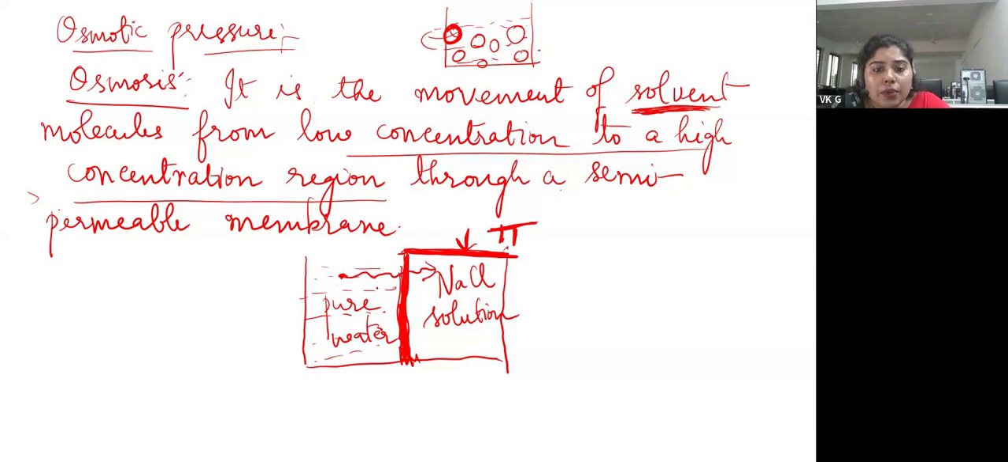So, here you have pure water. So, from here when you apply pressure, okay,